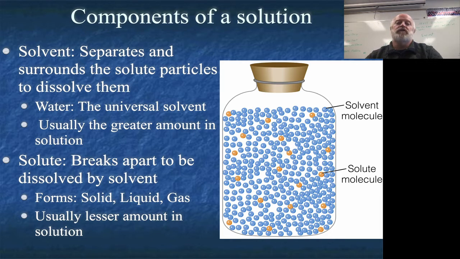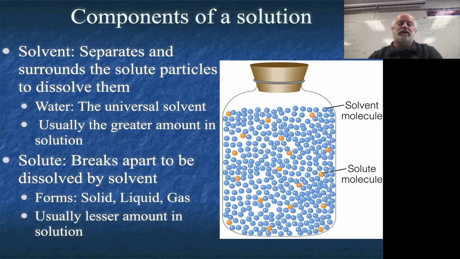Okay, so if you're creating a solution between two different substances, or a physical mixture between two substances, and you evenly distribute those particles throughout the substance to make a homogeneous mixture, we then create solutions, okay? Now, solutions typically in the chemistry world are of liquid nature, okay? But keep in mind, you can have gaseous solutions, and you can have solutions that have been solidified, like the alloys we've talked about previously. Air is a solution of different particles in a gaseous form. So we do have the ability to have solutions that are not liquid, but for the purpose of this unit,